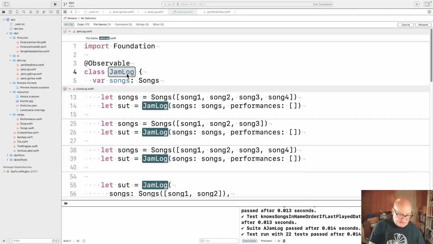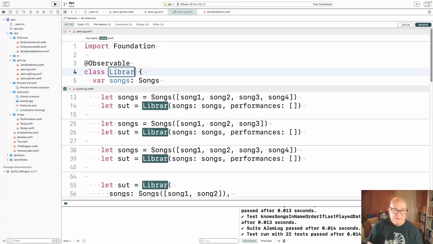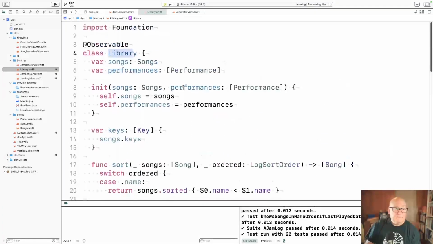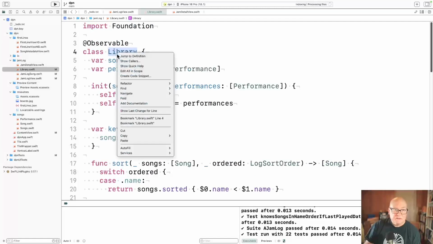All right, but I am going to call this library now because it's going to be the thing that knows everything about songs and performances and any of that. Okay, library. Now there's going to be places that use the word log. Let's find usages.